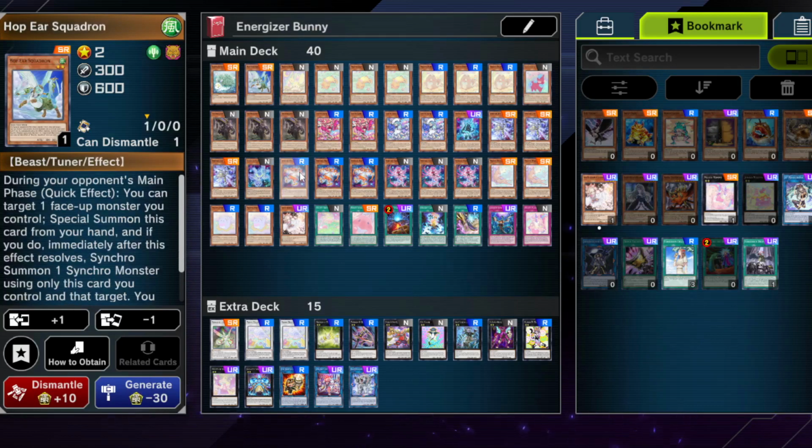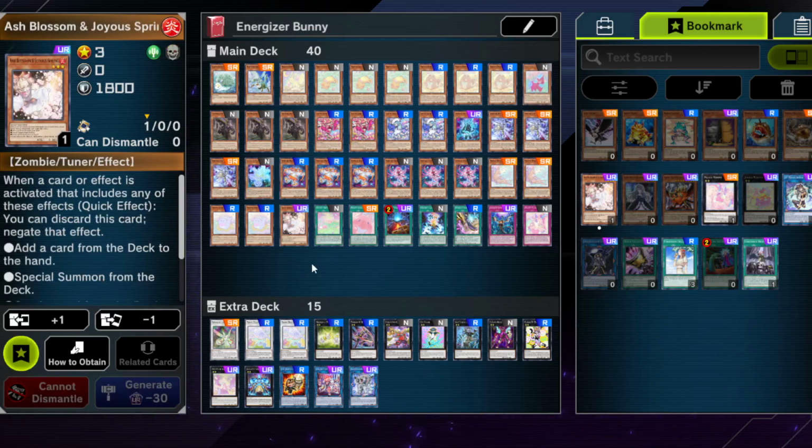And technically things like Hop Ear Squadron is also somewhat of a hand trap, not going second though, so there's a bit of an issue with this one. Talking about hand traps, the obligatory one, budget Ash Blossom, because they are in the master bundles, and most of you will hopefully have invested in this because you get crazy value out of it, just even for crafting material,